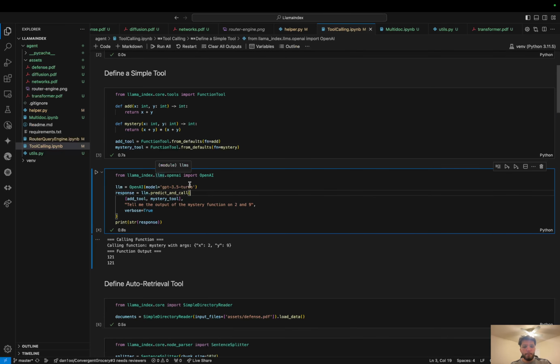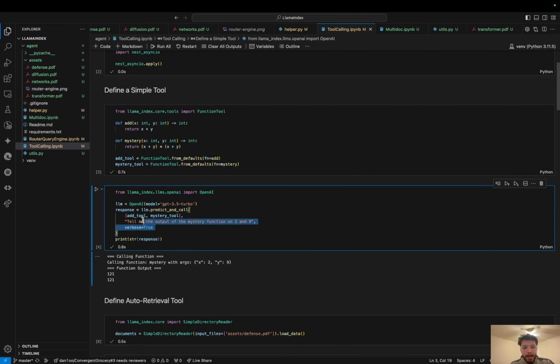Now we're going to import OpenAI. We're going to define our LLM. We're going to use GPT 3.5 Turbo for this video. You guys can use Anthropic's models, Claude's models, Grok, any models you want. GPT 3.5 Turbo works just fine for this. So we're going to pass in the add tool and the mystery tool to our response. And when we run this, we say a query, tell me the output of the